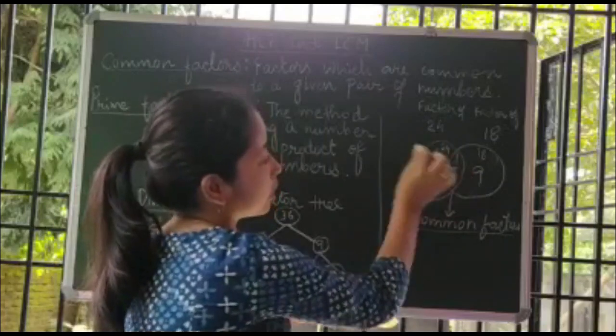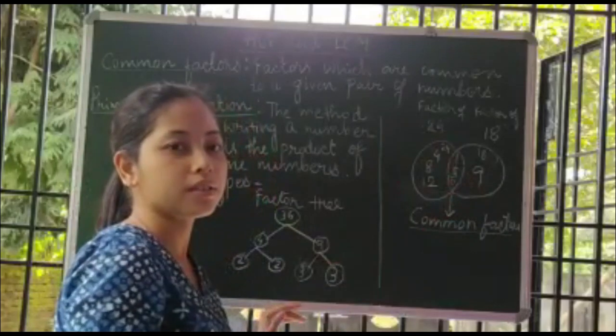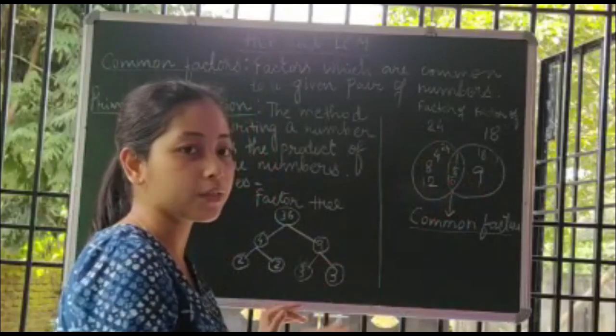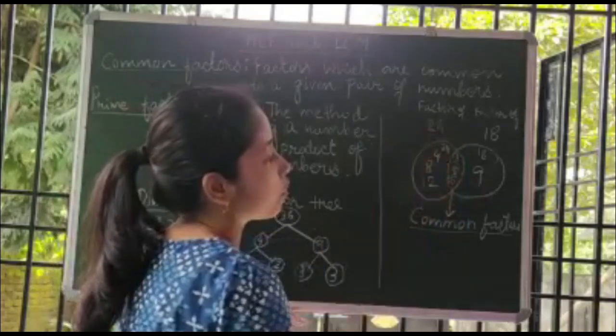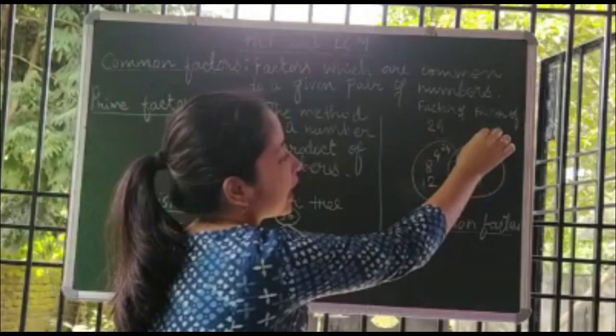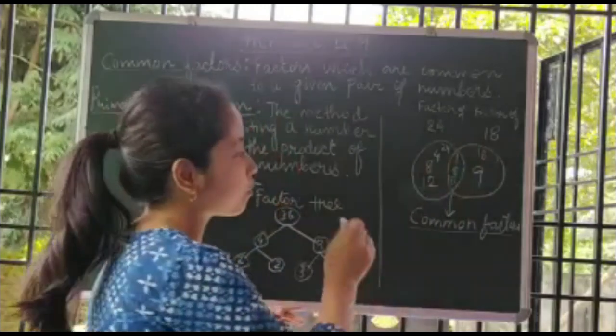Again in the house of 3. Now let us come to 3. In the house of 3, is 24 there or not? Definitely it is there. If you recall the house of 3, 3 times 8 is 24. Again in the house of 3, is 18 there or not? Let us see. 3 times how much is 18? 3 times 6 is 18. Of course it is there.